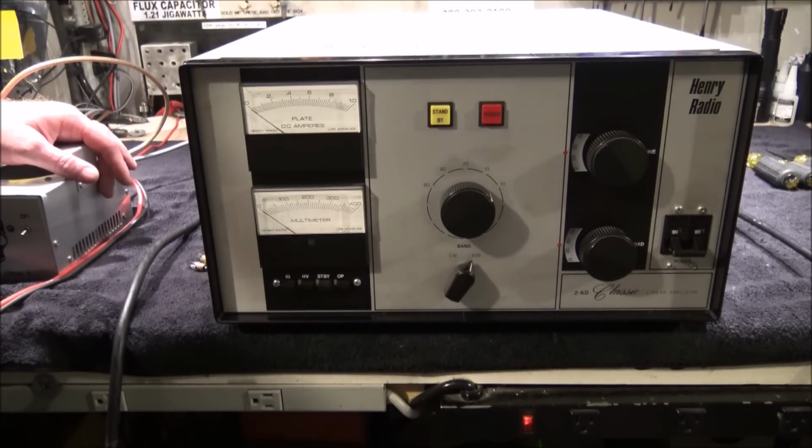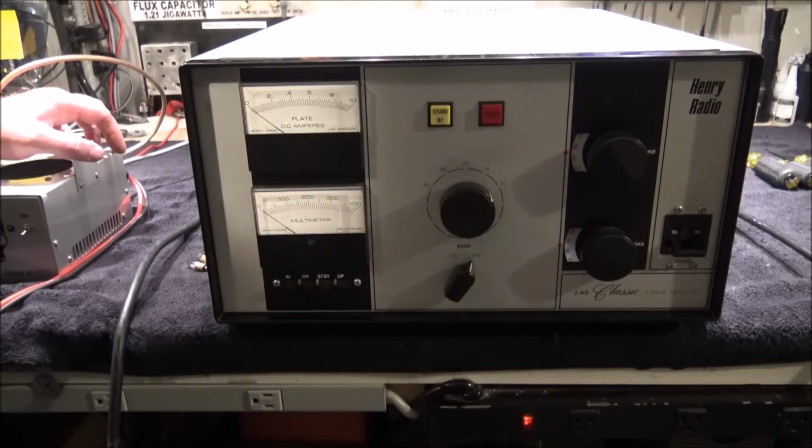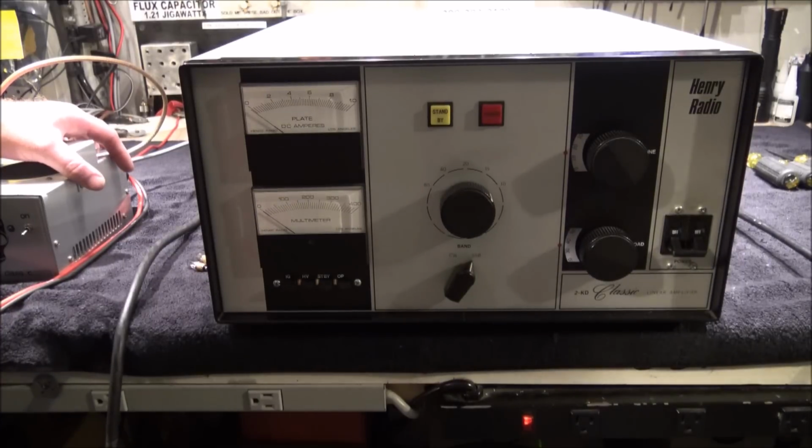Yes, that's me arguing with people on eBay about how I need a refund on 50-volt switching power supplies. I'll win. Anyhow,